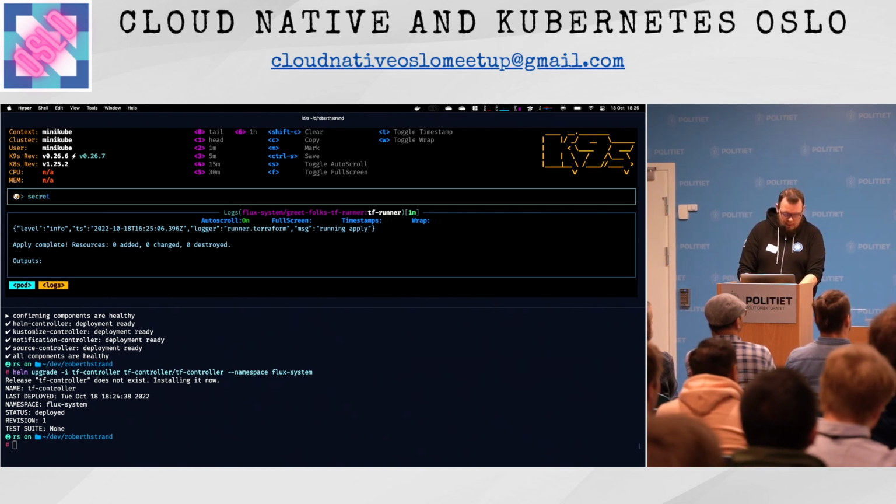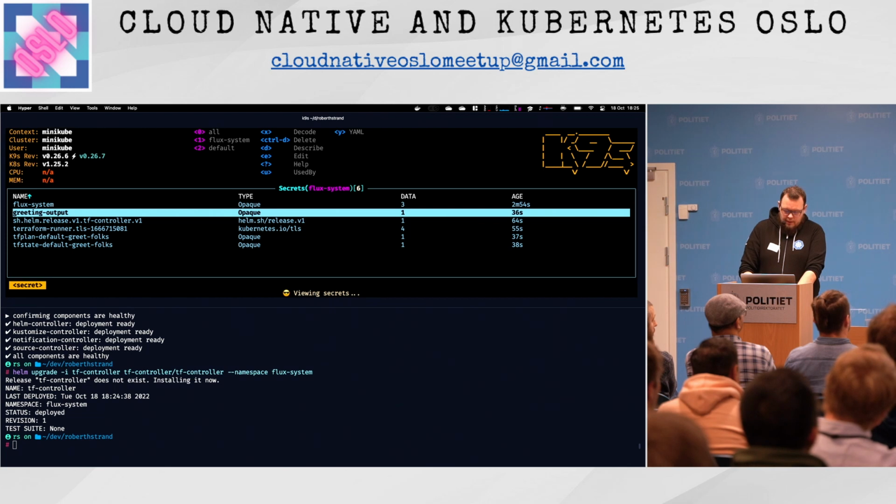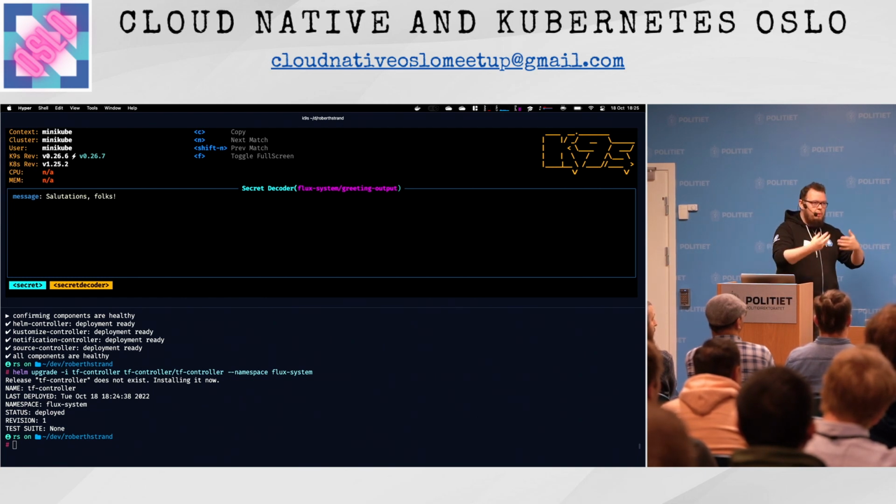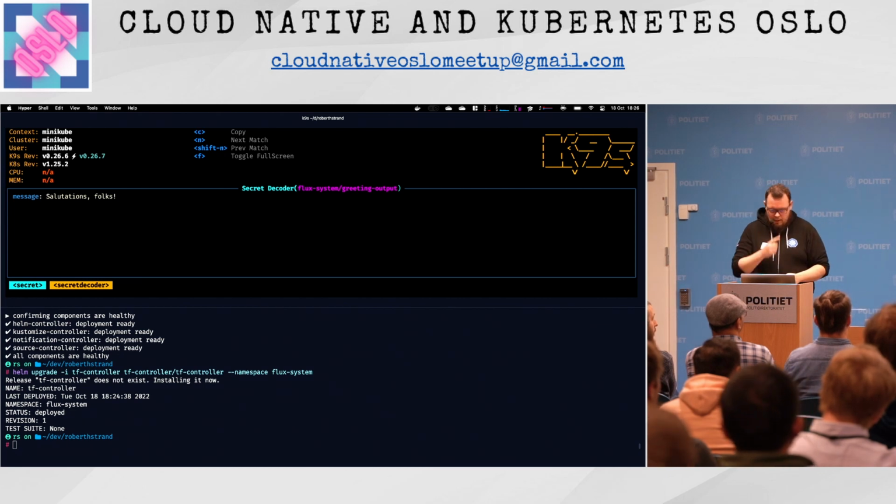But if you look at the secrets, there's now a greetings output, which if I decrypt says salutations, folks. So now we actually have a working process. If I now put new YAML files that define Terraform in this repository, they would actually be picked up and used. Now, for the hard part,